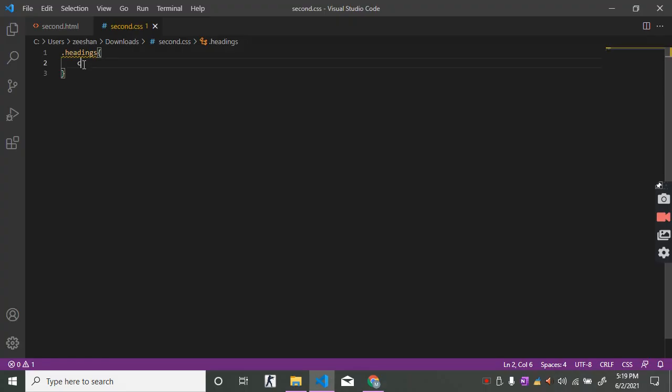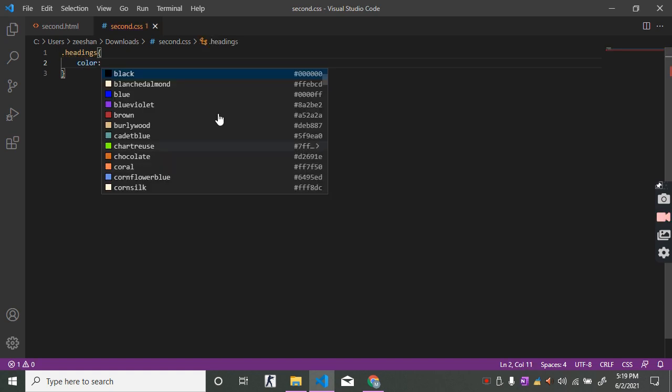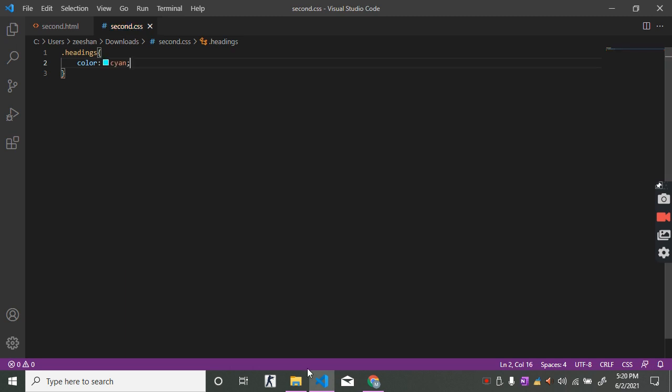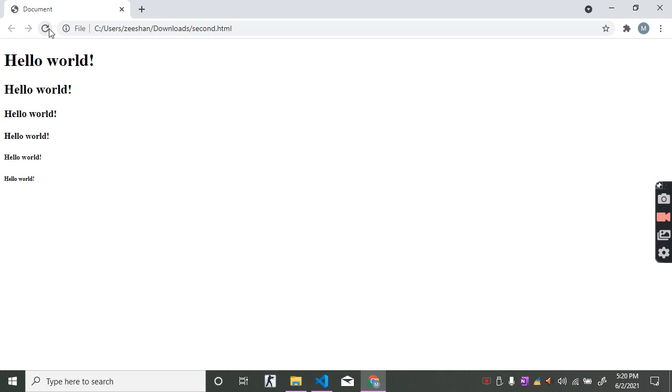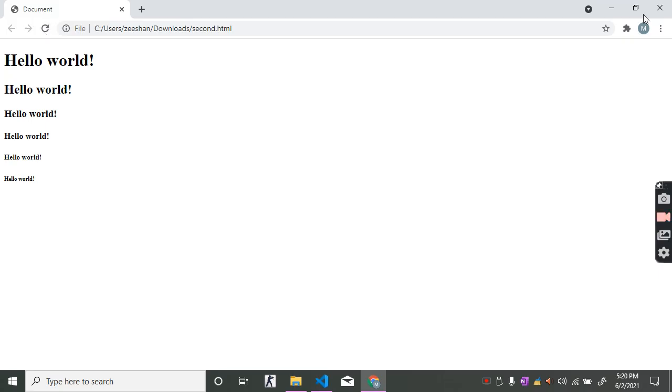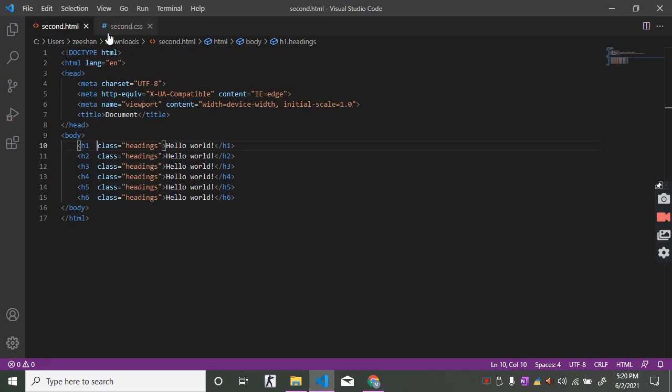The color of our heading is color: cyan. First we check our color. It is not working. We reload this and